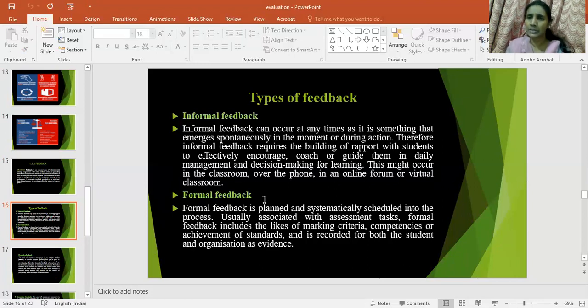Here the teachers are going to tell the students, yes, you are weak in this subject, you have scored very less in that, and you have committed mistakes. So these are your mistakes, you need to improve this. So this is what the teacher does: they come to the class and arrange one session for this feedback.